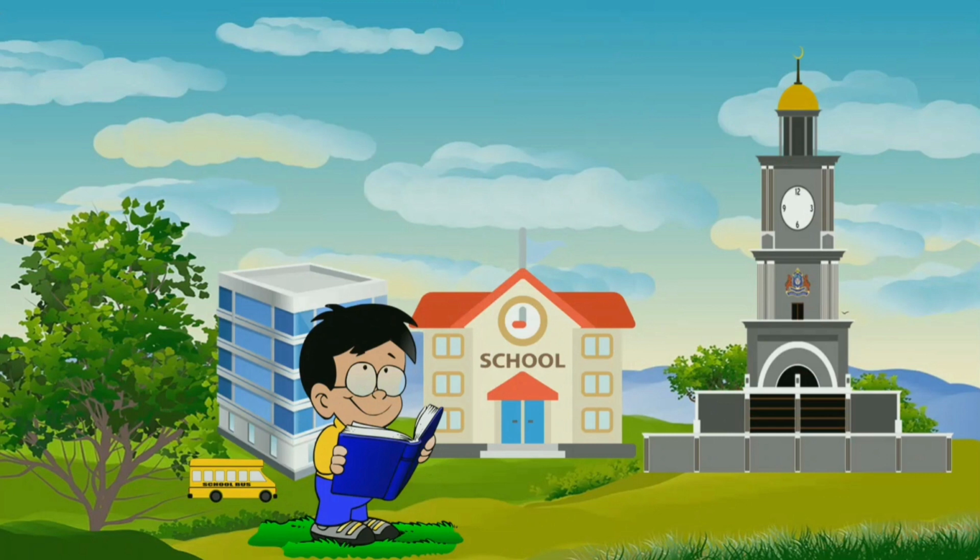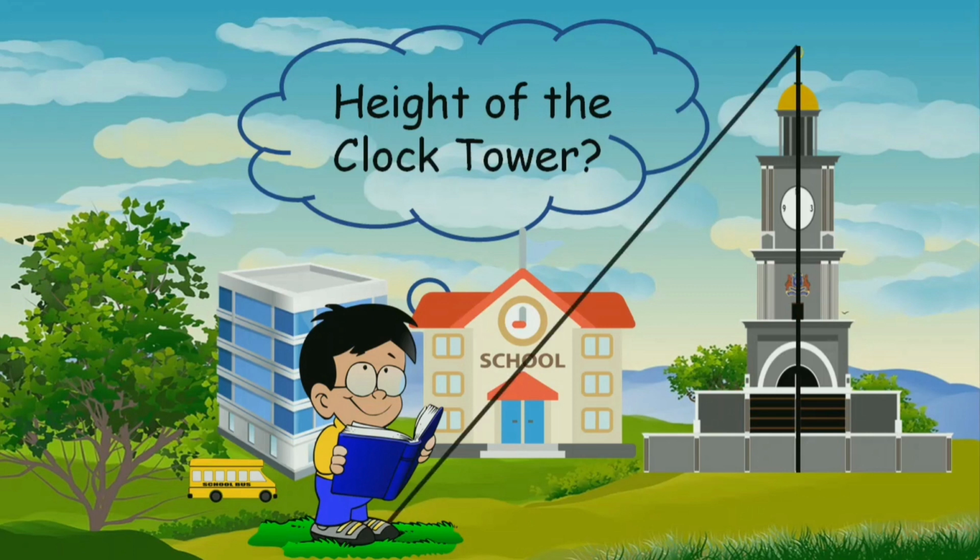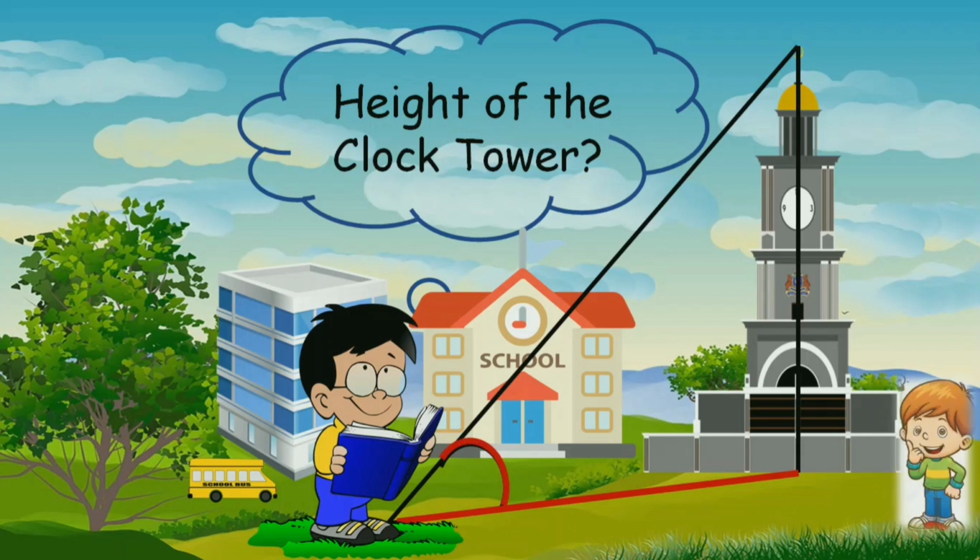John has been given a unique problem in his maths activity class. He has to find the height of the clock tower in the campus of his school. He has to measure this length, which is the height. You imagine from the viewpoint of mathematics, you will see a triangle from the boy to the clock tower. If this distance and this angle are known, we can find the height easily. But how? That's precisely what we will try to understand in trigonometry.